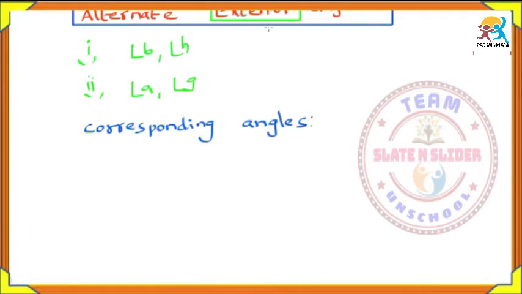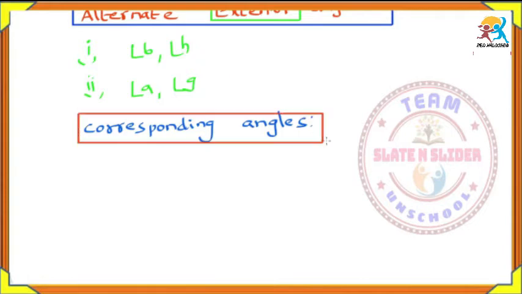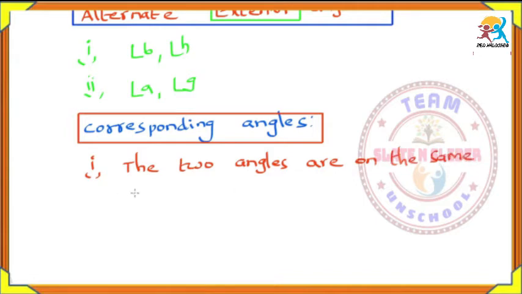For this we have some conditions. The conditions are, first one, the two angles are on the same side of the transversal. In the previous alternate interior angles, the two angles should be on either side of the transversal, but here the two angles should be on the same side of the transversal. The second condition,